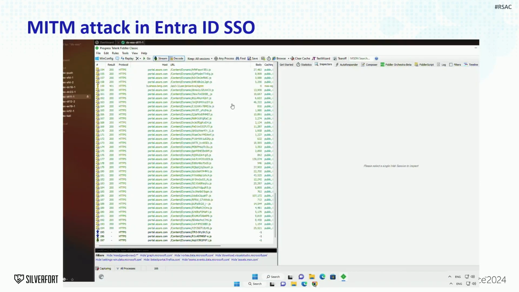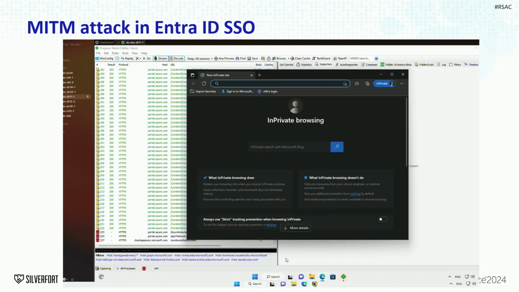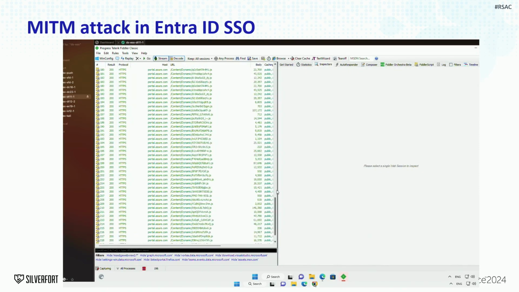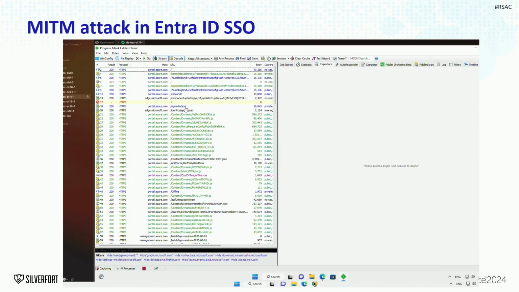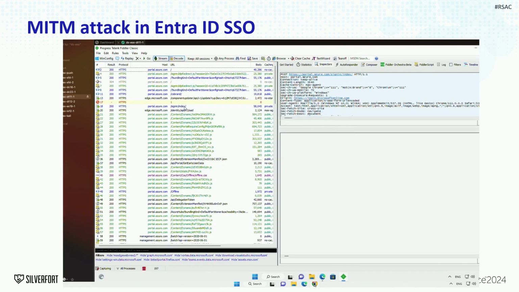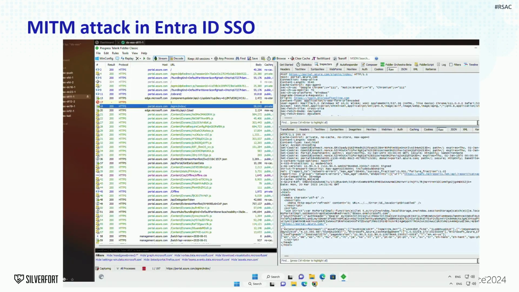Then I managed to intercept the data as an adversary and take the session token itself. The session token by default lasts an hour. However, there is a concept in OpenID Connect called a refresh token. A refresh token can generate session tokens, and if I obtain the refresh token, I may have unauthorized access for a longer period of time.